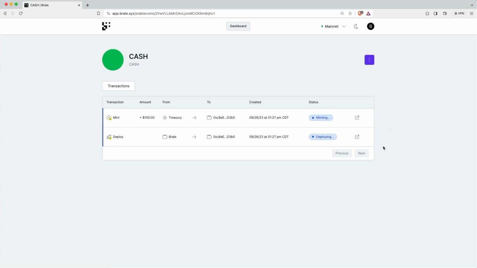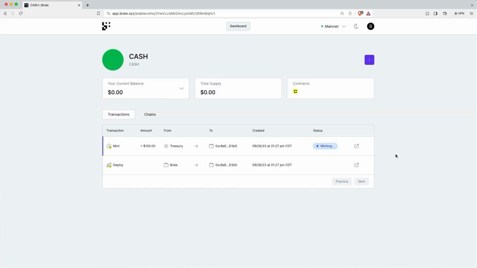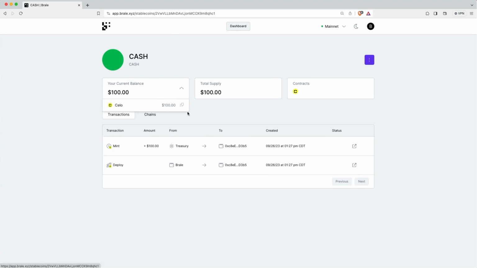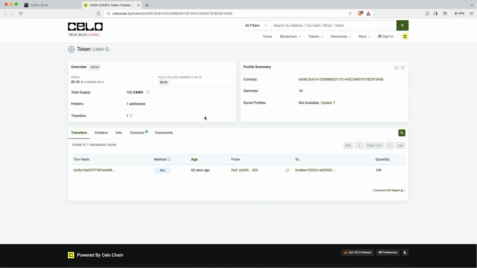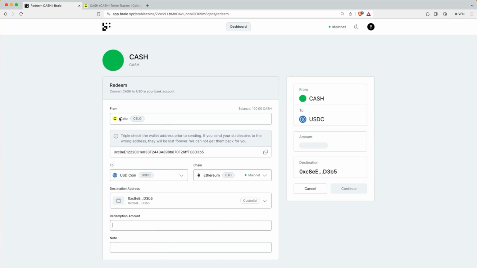You can see once funded, the cash smart contract is being deployed on Celo. Once the contract is deployed, the mint starts right away. There is $100 in cash reflected on Celo. Here is the smart contract that has been deployed representing that stablecoin. As of right now, the social profiles on the explorers have not been updated. What I'll do next is show you redeeming from cash on Celo